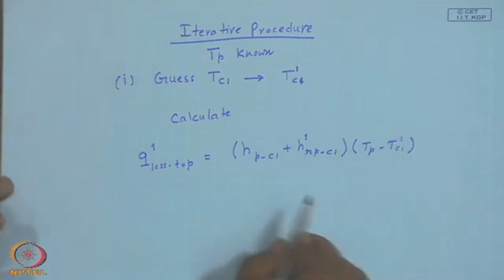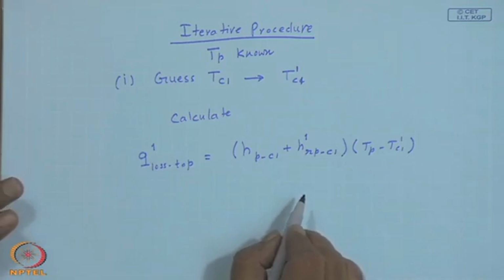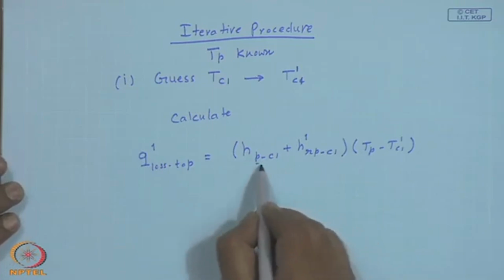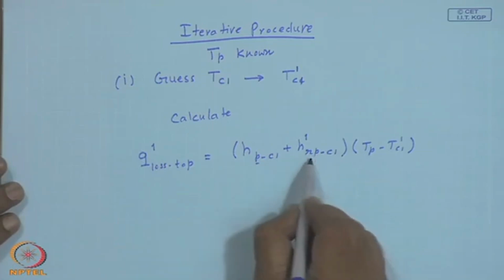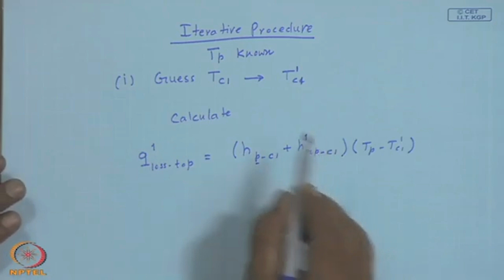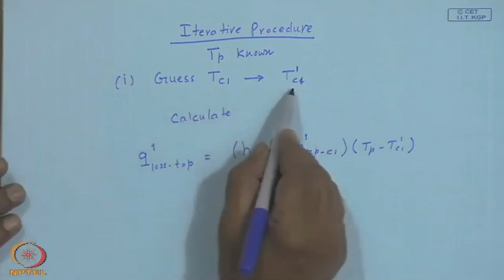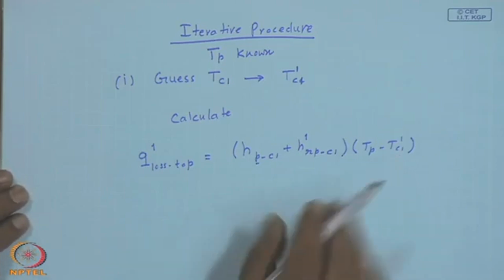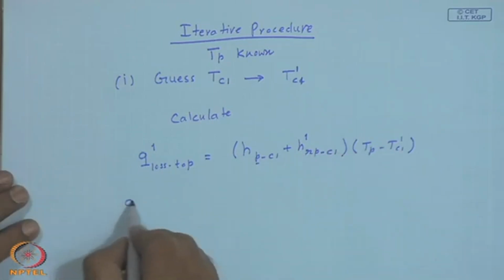So, let us be very clear, we guessed a value for T C 1 as T C 1 1. The loss that is obtained from plate to cover, because I know the plate temperature, is the convective heat transfer coefficient plus the radiative heat transfer coefficient estimated with the guessed temperature T C 1 1, multiplied by T p minus T C 1 1. Now, having this Q loss top